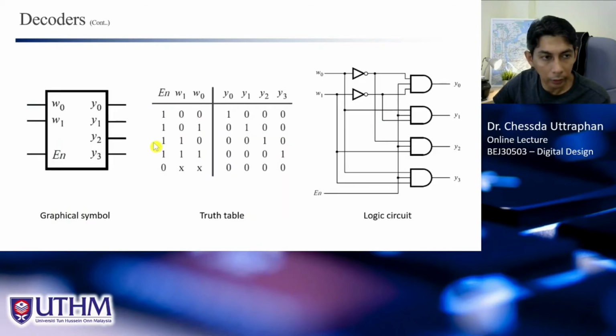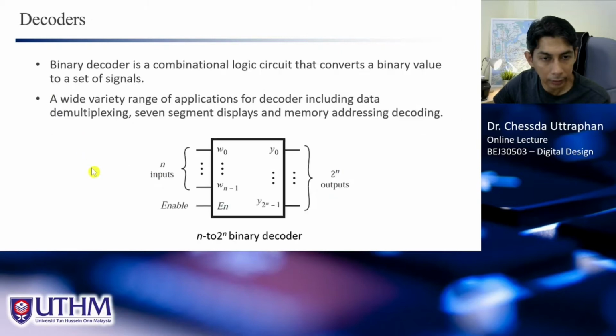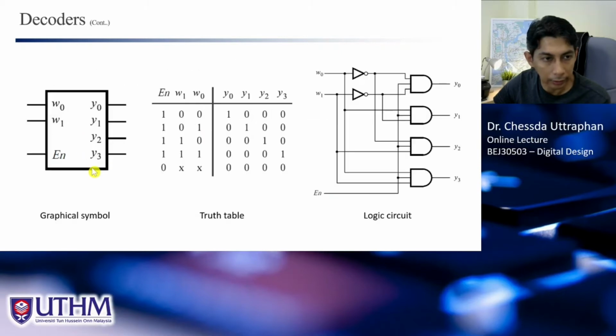And when we look at the graphical symbol, we can have something like this. This is the simple 2 to 4 decoder, 2 input, 4 output. And this is a truth table. So for this decoder,